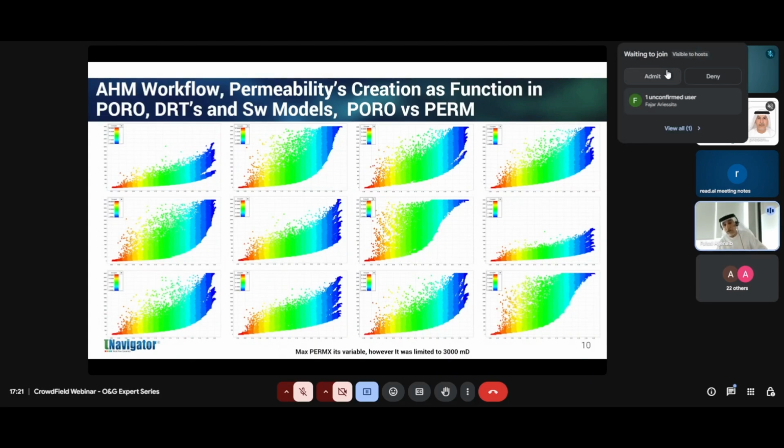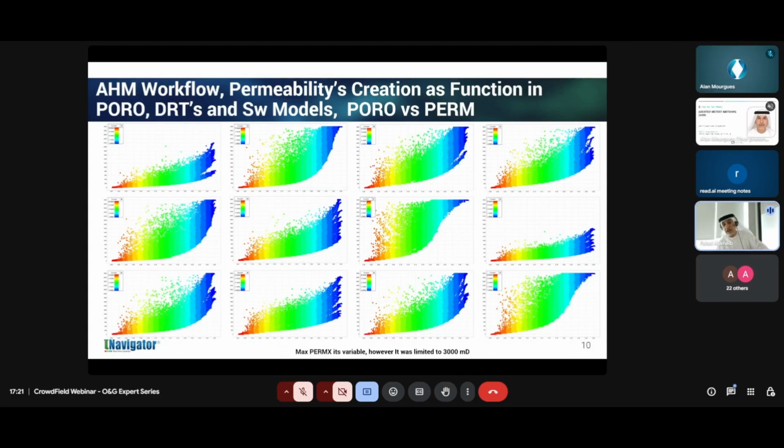So you see now, this is the expected effect on the shape of the porosity-permeability relationship per what I call rock types, based on those variables I'm using. I just show you as an example. Usually they are continuous, and usually the assisted history match tool